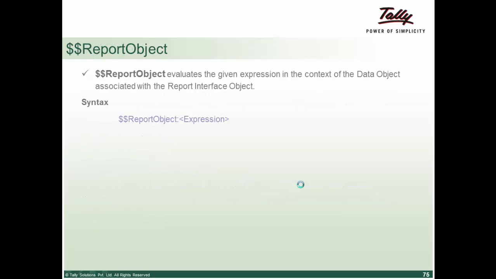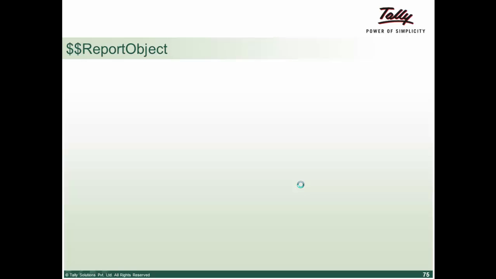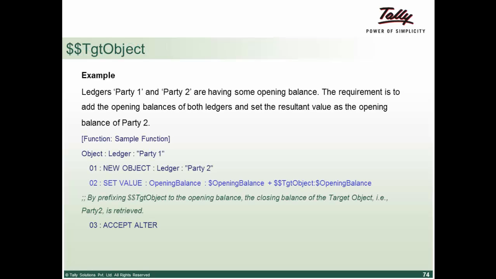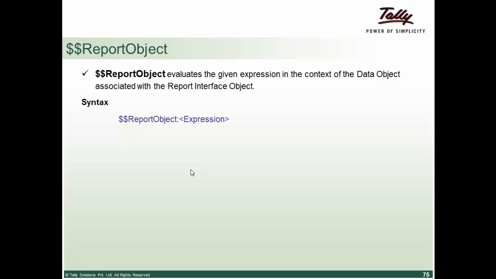$TGT object colon $opening balance fetches value from party 2, which gets added and gets set in my opening balance. This value gets set for my party 2. Then we have the report object. This function helps to evaluate the given expression in the context of the data objects associated at the report interface